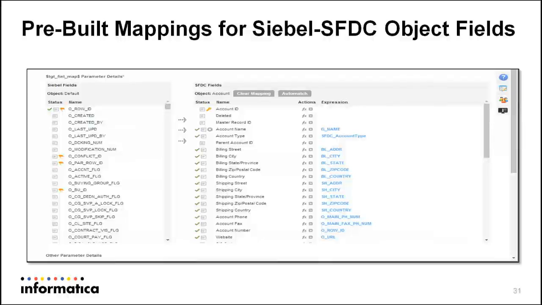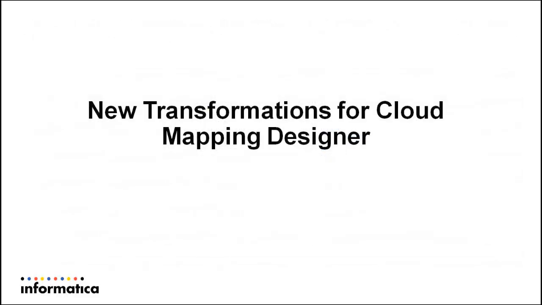So what is shown here is a field mapper interface where some of the standard fields have already been pre-mapped in the integration app that's delivered out of the box. And then the user of the app still has the flexibility to complete the mapping for custom fields that are unique to them. Again, what I just walked through not only showcases how integrations can be completely abstracted, pre-built, all the complexity hidden away, but also extremely flexible, allowing users to configure them, and then they can be exposed natively